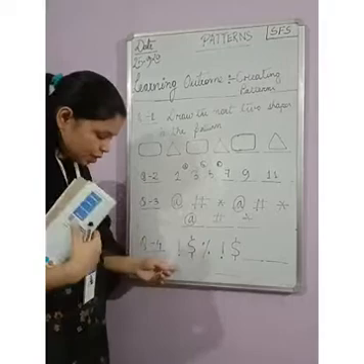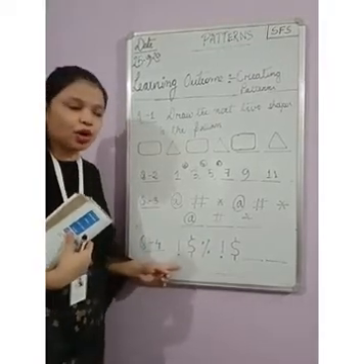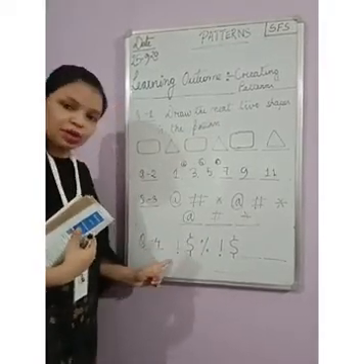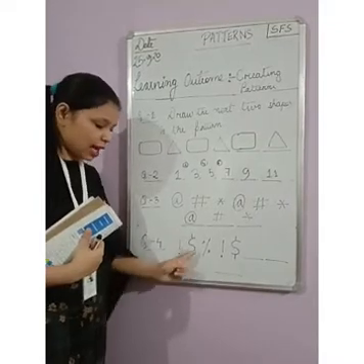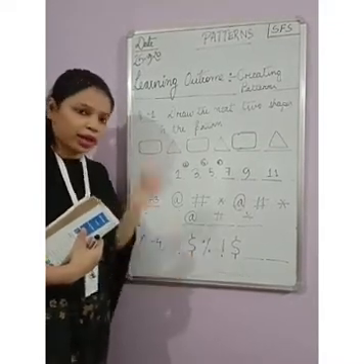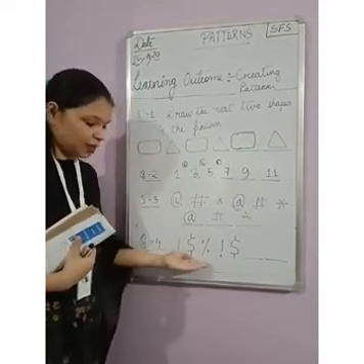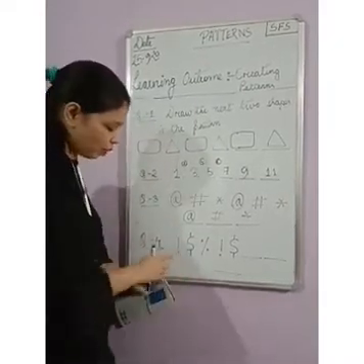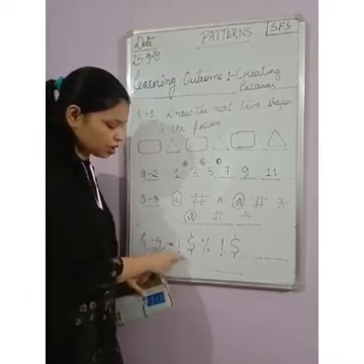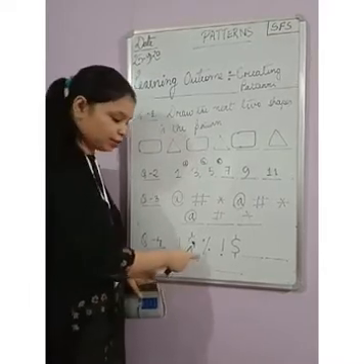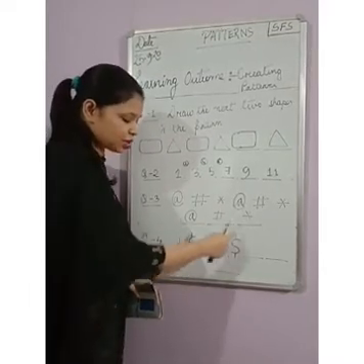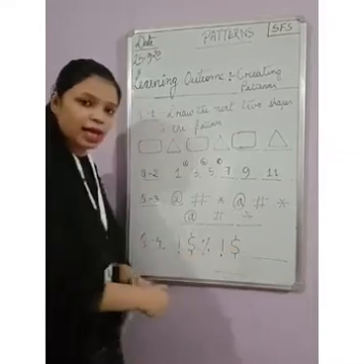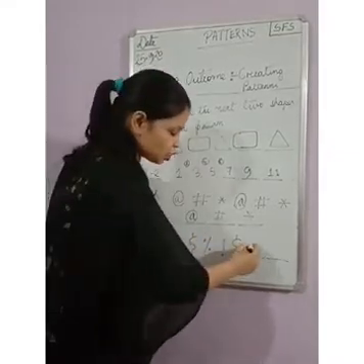Similarly, these symbols you can also find in a computer or in a mobile phone. Exclamatory sign, that's a dollar sign, then percentage. Okay, 3 is given here, that means the basic shape will be this. We'll go to the basic shape one by one. Exclamatory sign, dollar sign, percentage, again exclamatory sign, dollar sign. What will come next? The percentage will come.